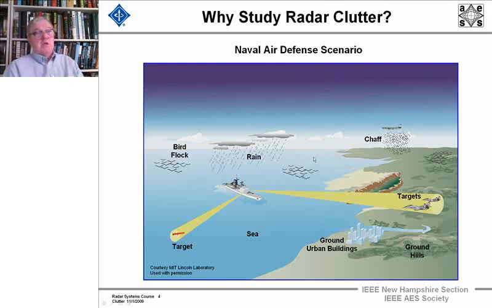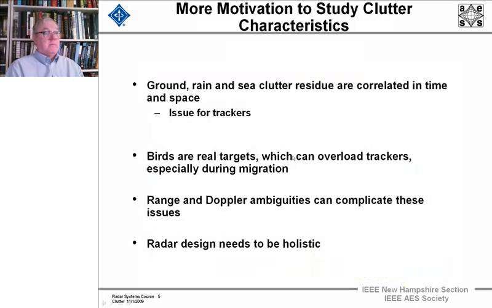There's a curse, not just in the characteristics of these different kinds of clutter, but in how they do their thing. Whereas a single isolated large seagull is a single target, and it is a point target, relatively speaking, then you've got rain that's diffuse and moving with the wind speed. Now here I wrote down a couple of big picture, for me, probably the 4 biggest reasons that you really want to understand